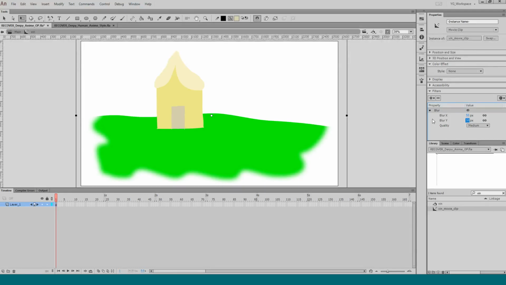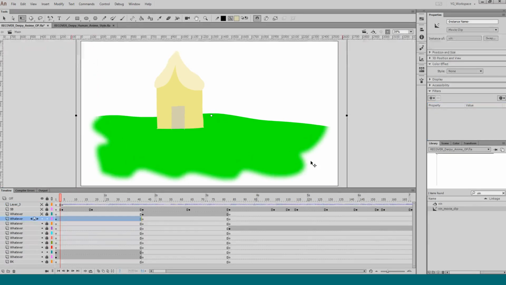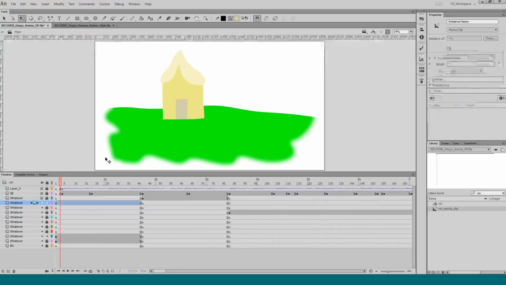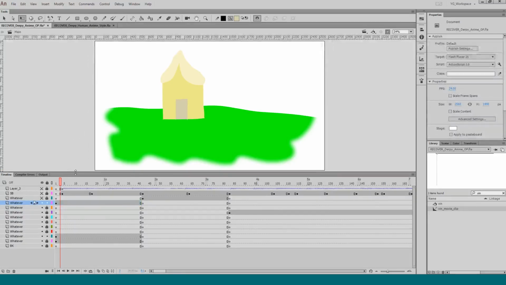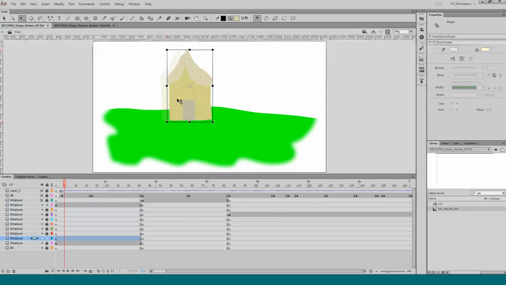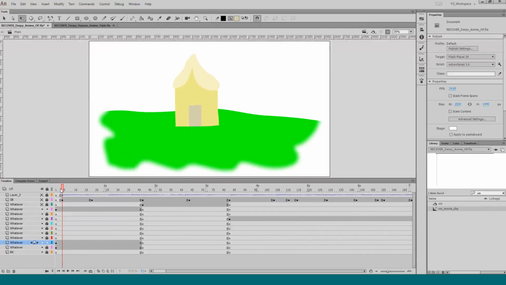The beauty of this is that it's now a symbol, and it has a blur effect applied to it inside. So when I add it to other scenes, it'll still have this, and I won't have to worry about it as much. I'm seeing now that the house is a bit off center, and now I can lay it out a little easier. And now we can check the storyboards, so it just moves up, so there's no left and right boringness here.